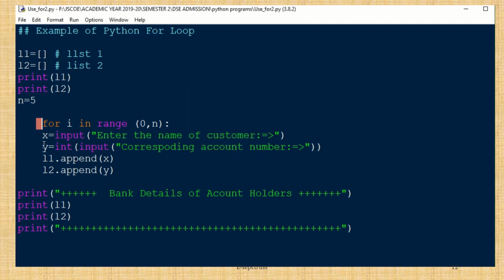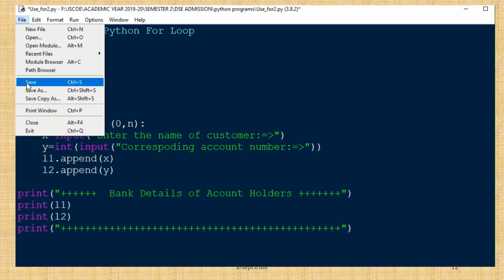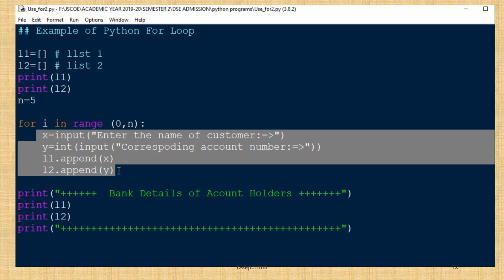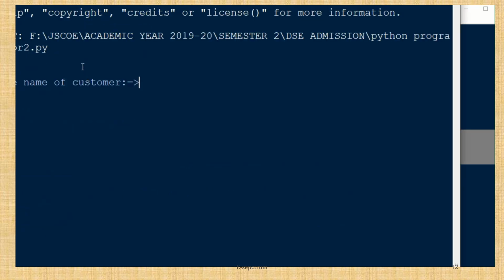It is for I in range. It is loop, and if you are observing, all the statements after the loop should be given some indentation. Let us take the for itself back so that indentation will be correct. So this is my for, and all loop statements are inside the for. So if I run it now,